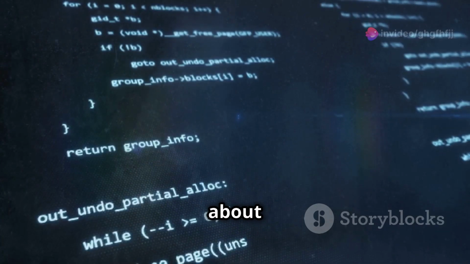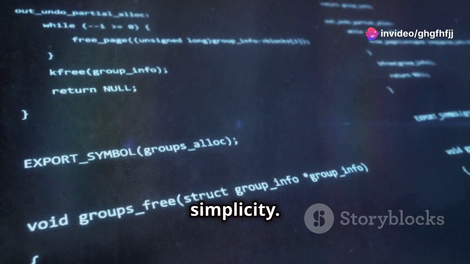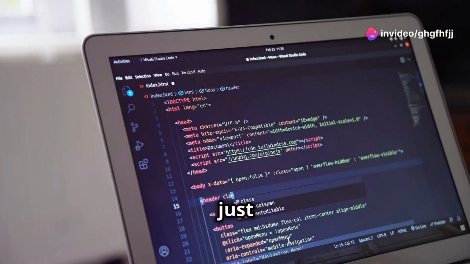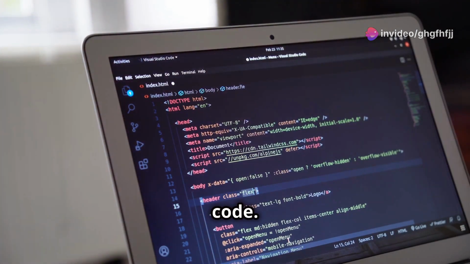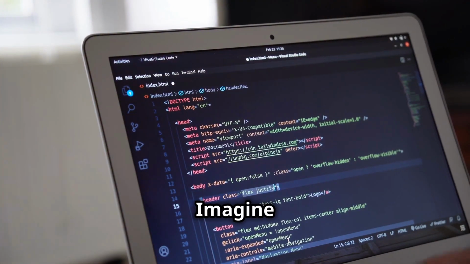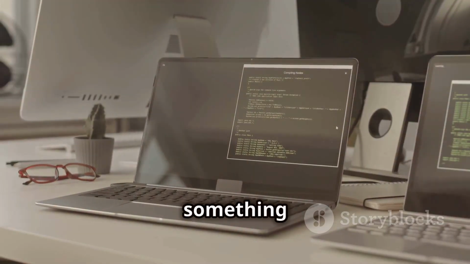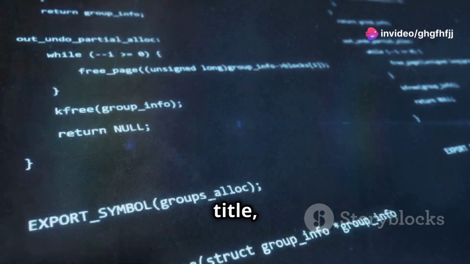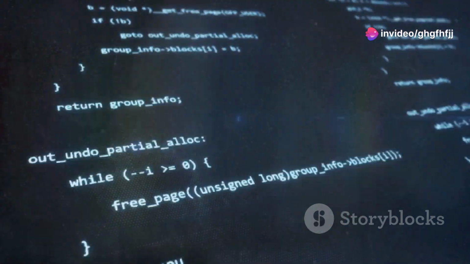One of the great things about HTML is its simplicity. You can create a basic web page with just a few lines of HTML code. Let me give you a quick example. Imagine you want to create a simple page with one heading and one paragraph. Your code would look something like this. This code tells the browser how to structure the page with a title, a heading, and a paragraph, but it's